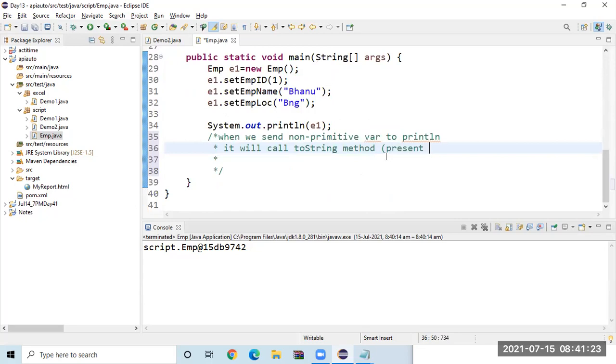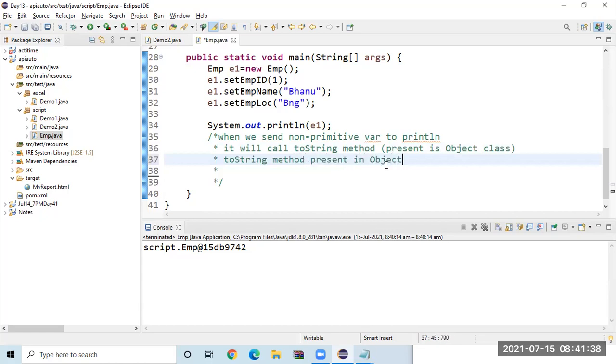The toString method present in the object class returns the address of the object in string format. And honestly speaking, that is not an address. It's basically a hash code of the object. How do I know that?